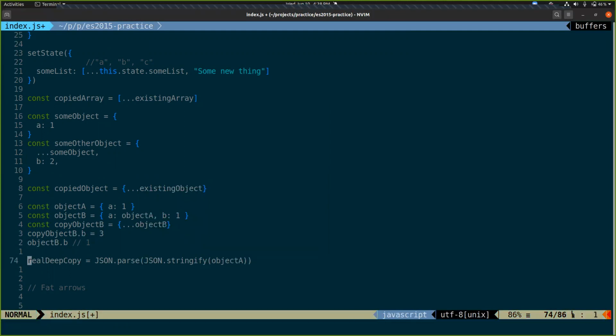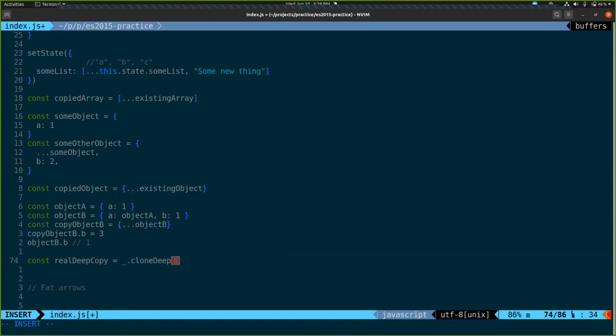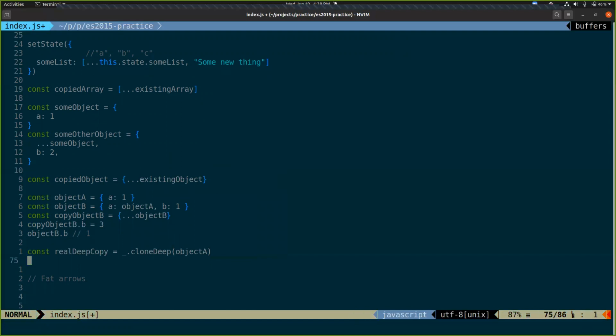Turns everything in that entire tree into a string and then parses that back as an object. The way better answer is to use a library like Lodash and use cloneDeep. That one's way more efficient. And that's what a shallow copy is.